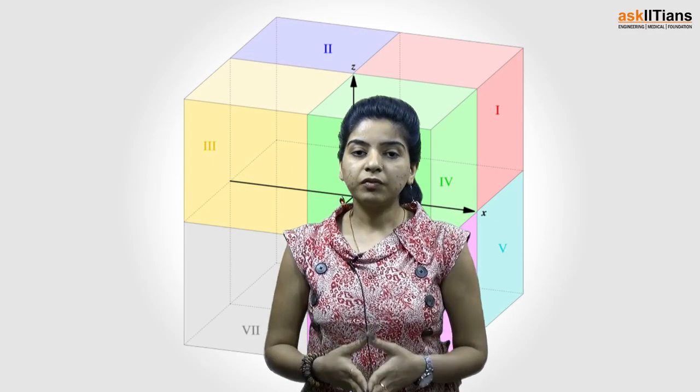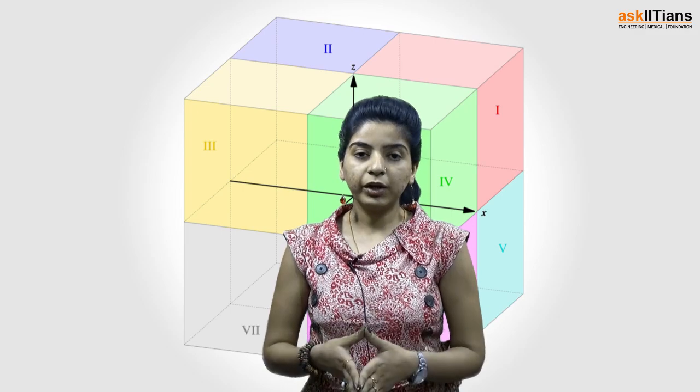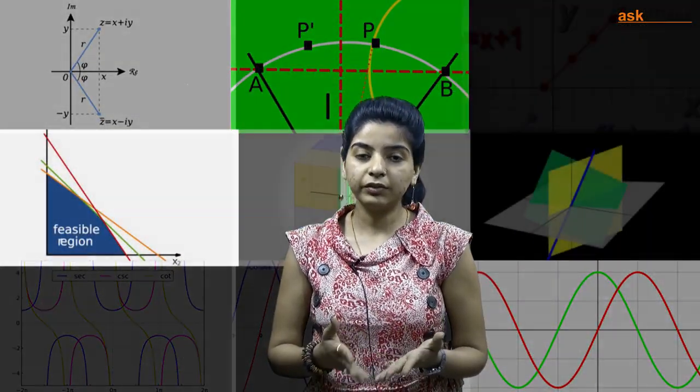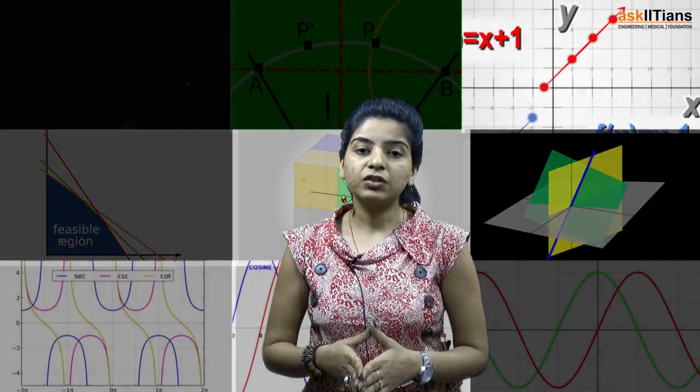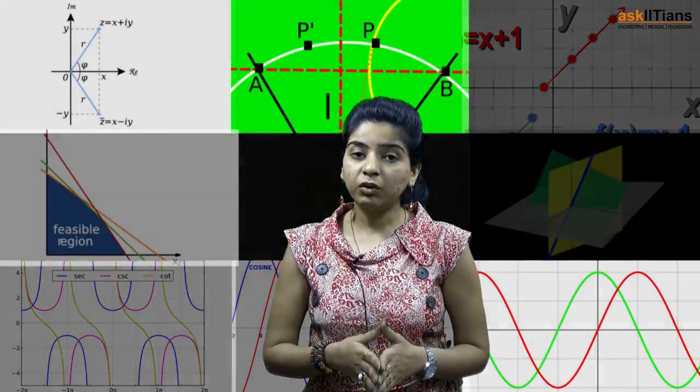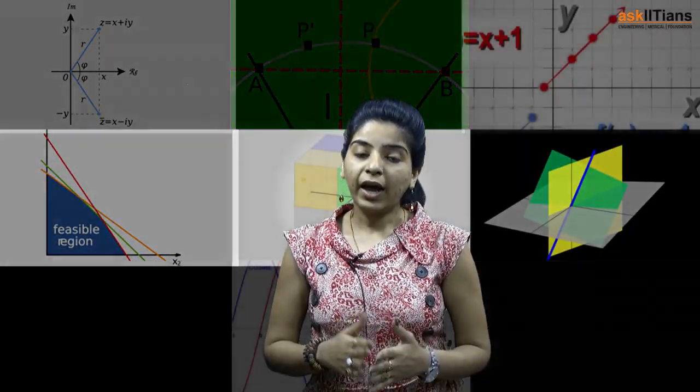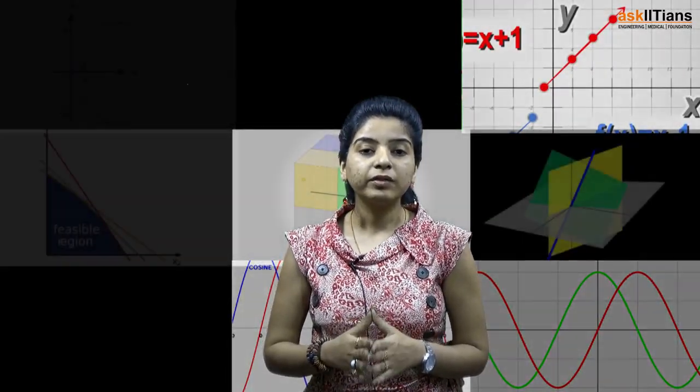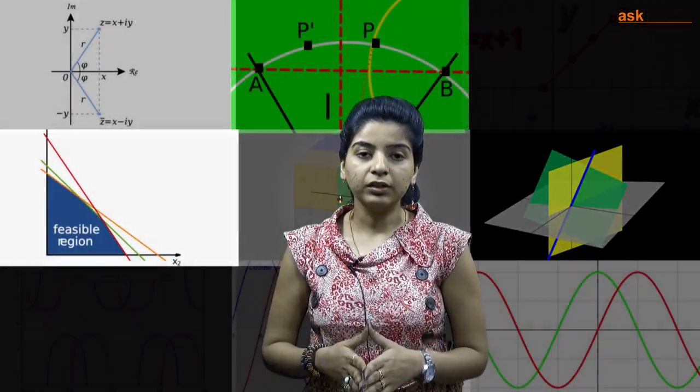So I hope you must have understood about the centroid and medians of triangle and the concepts like pedal triangle, etc. Now in the next section we will be concentrating on cyclic quadrilateral and regular polygon, and we shall also discuss some ambiguous cases in case of solution of triangle. So stay tuned.